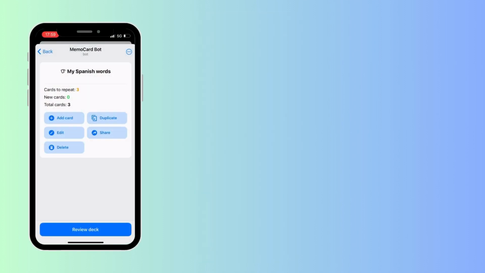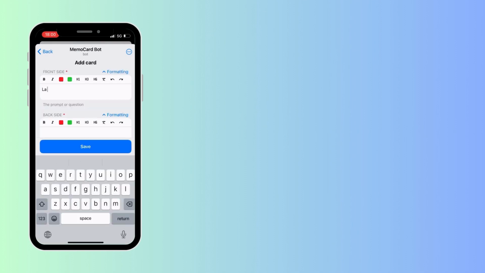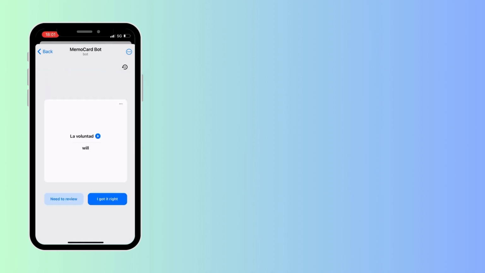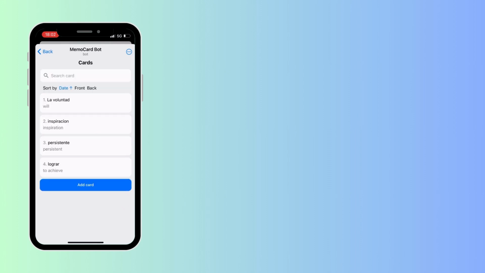Number 1. Add in one card at a time through the Add Card button inside the app. You may use this method if you want to customize your card right away or make a card with multiple answers. It also works if you are already inside the deck while creating or editing it.